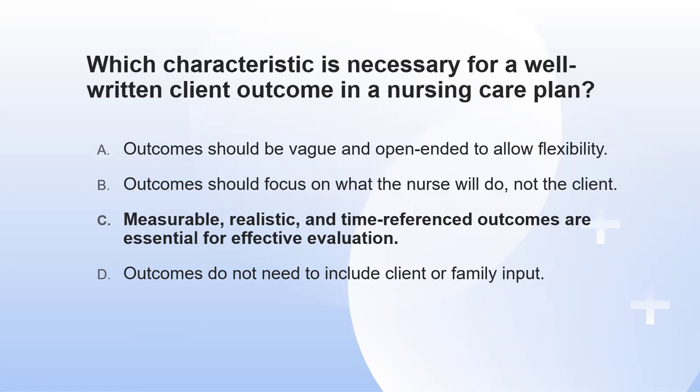They're all kind of interventions for someone that has, what's ANANDA? I think ANANDA is unstable blood pressure or decreased cardiac output. There are numerous interventions, but is it realistic for this patient? Is it measurable? We're going to administer antipyretic every 4 hours. We're going to check the temperature every 4 hours. Can we really do that? Should we be doing it every 4 hours, or should we be doing it more frequently? So making sure that it's measurable, realistic, and time referenced.